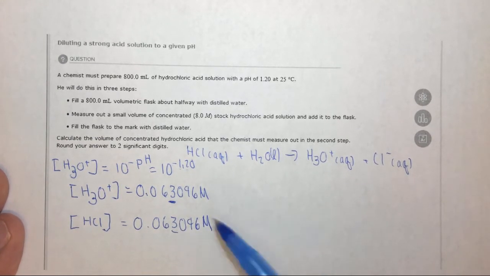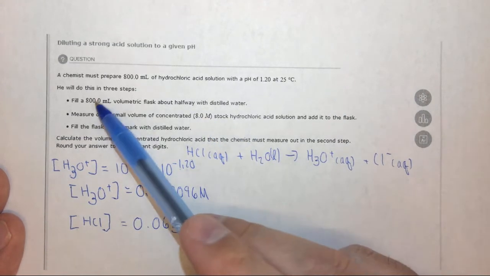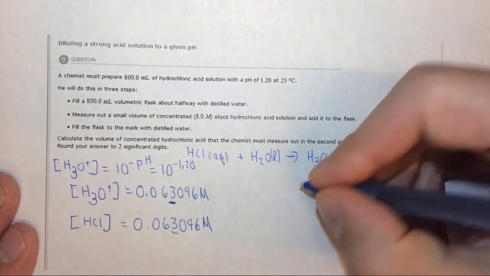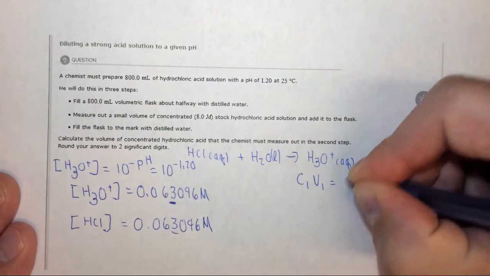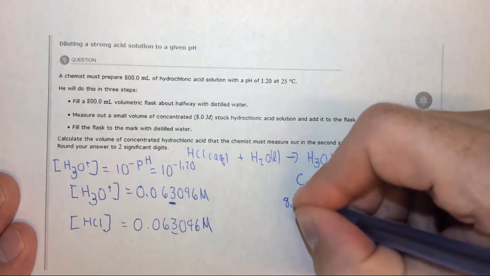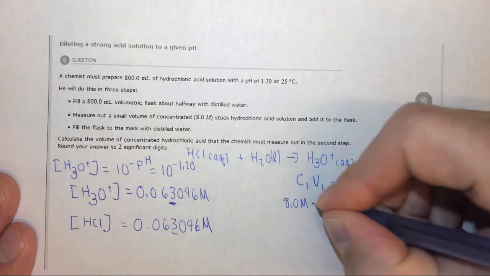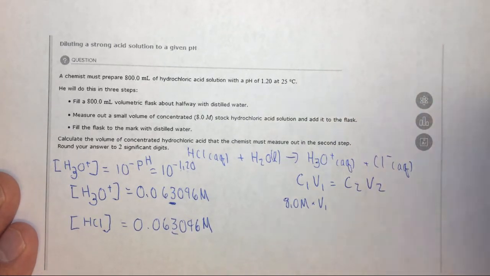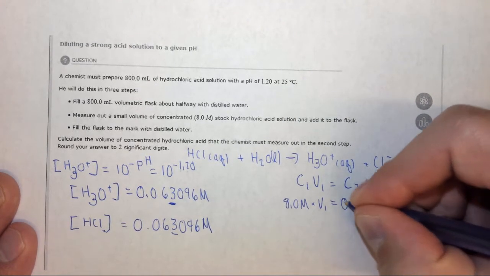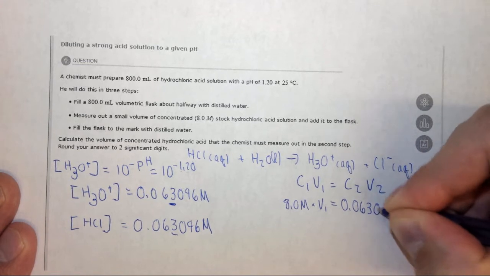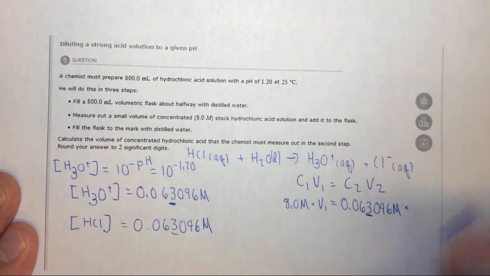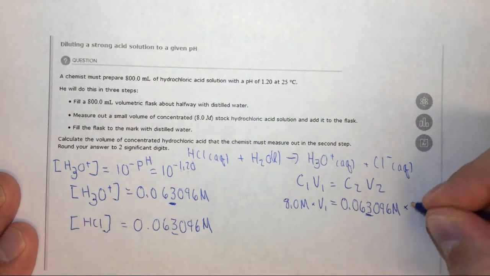We now just have a dilution equation. We have 8 molar, and we want 800 milliliters of 0.063 molar. And to do a dilution, we use the equation C1V1 equals C2V2. So the initial concentration of this is 8.0 molar. The initial volume is what we're trying to figure out. The final concentration is to make the pH 1.2, which is 0.063096 molar, where that's the sig fig. And the final volume that we want is 800.0